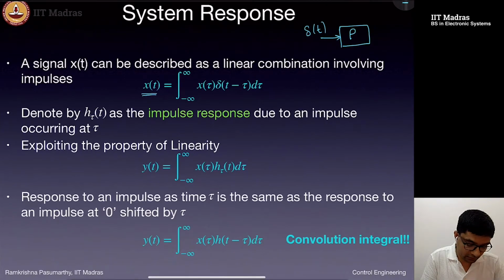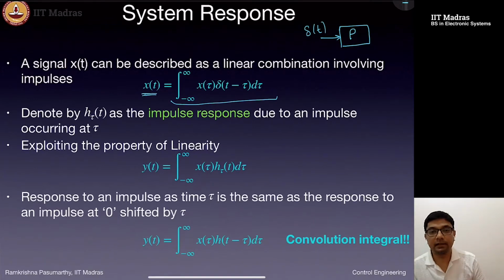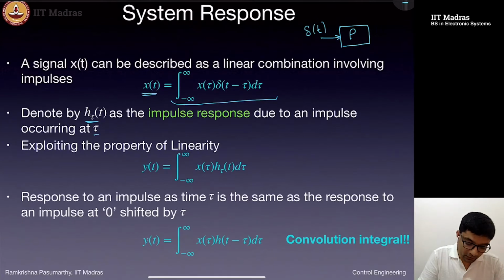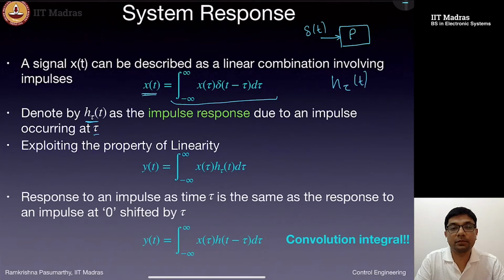So a signal x of t can be written as an infinite integral like this. Now this is useful because I can look at how the system responds to a certain signal. When I say impulse response, it is how the system responds to a particular impulse occurring at a particular time. So if I denote h tau at t as the impulse response due to an impulse occurring at time tau,